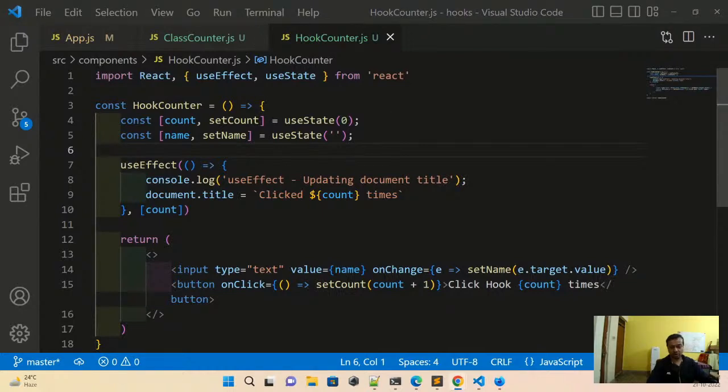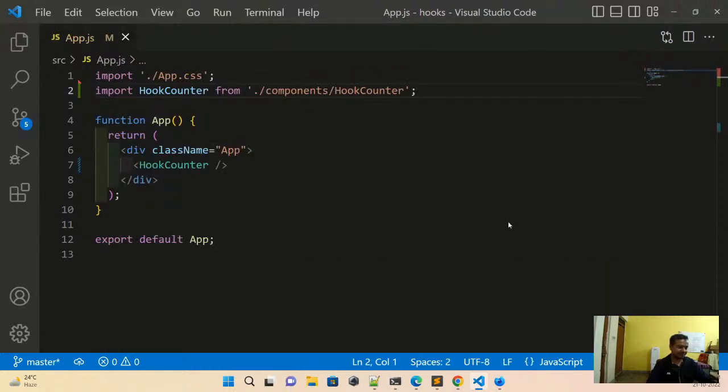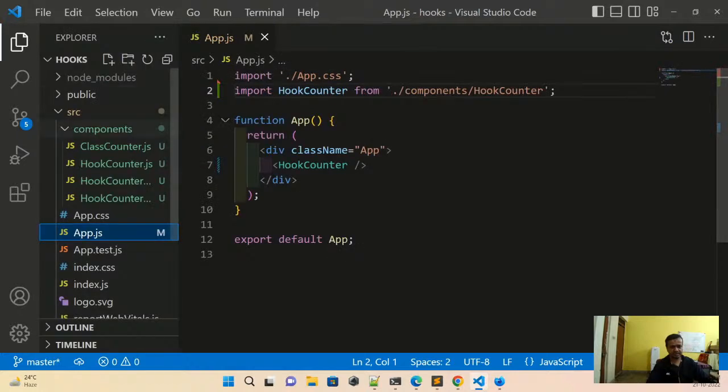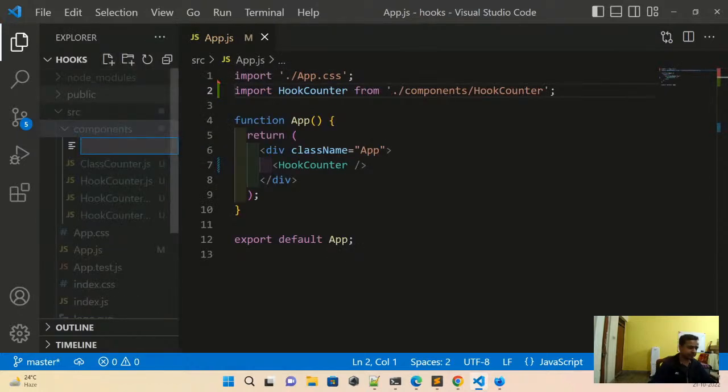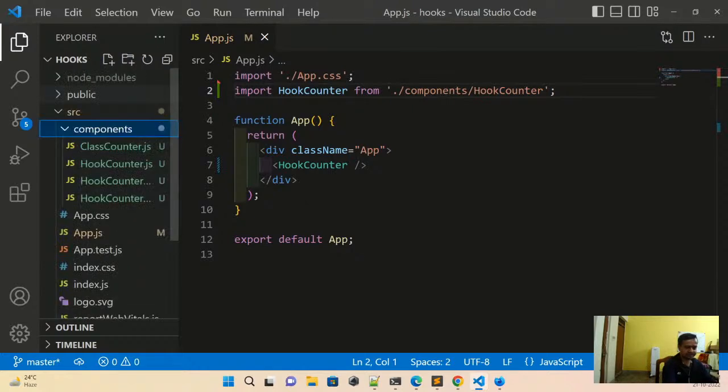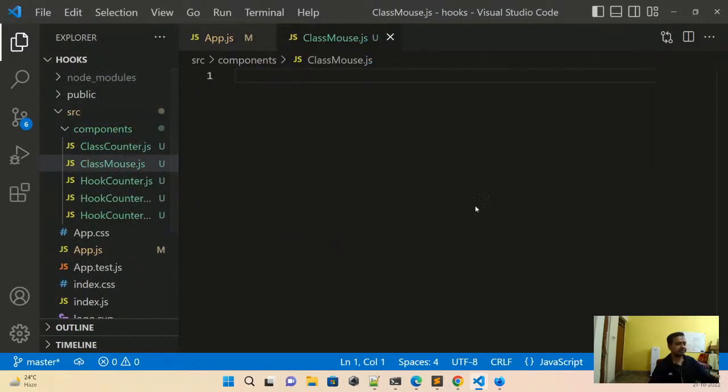We have a lot more in useEffect, and enough of this counter example. We're going to see a different kind of example. We're going to continue with this, and there are two other ways of using useEffect. We are going to see one thing. So here I'll come and we'll again have a class-based one first. So we'll have a class, Mouse.js, and then we'll have a